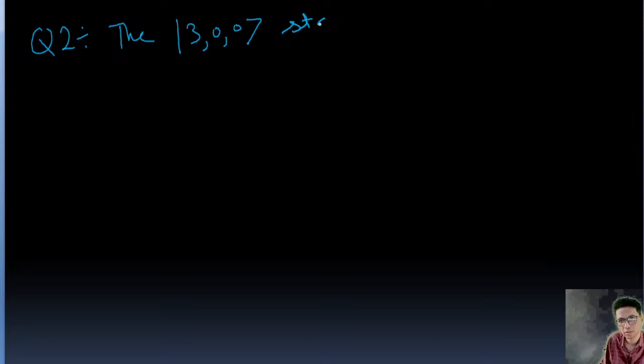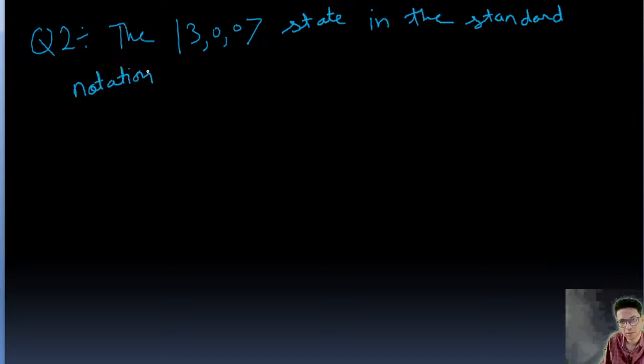The state 3, 0, 0. This is the state, so the 3, 0, 0 state in the standard notation, that is n, l, m,